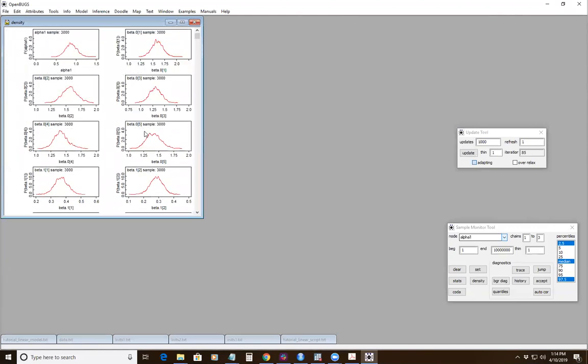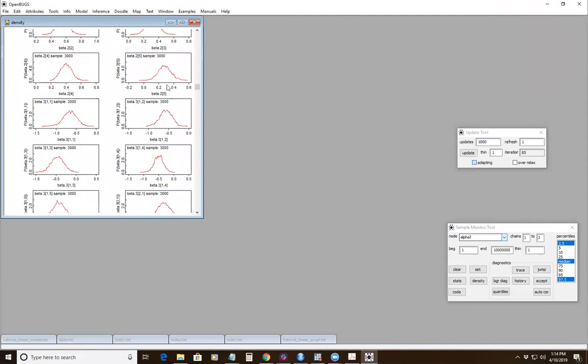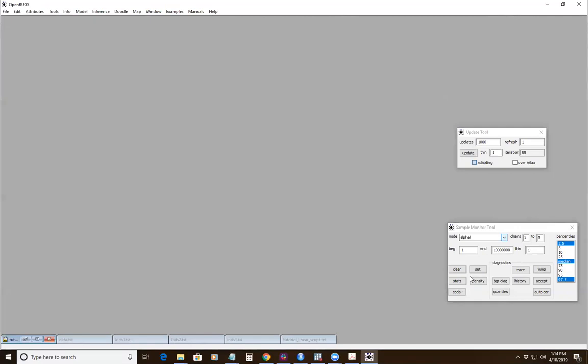I probably would have run it for a bit longer if I was presenting this in a paper, because I would want the approximations to be a little bit more exact. There's still some kind of messiness in the approximations, but it's not too bad. And then you can also use OpenBugs